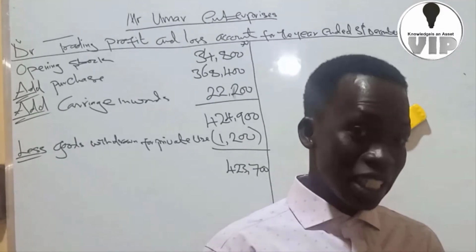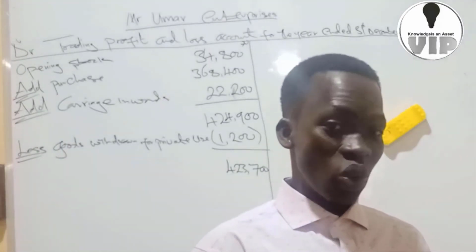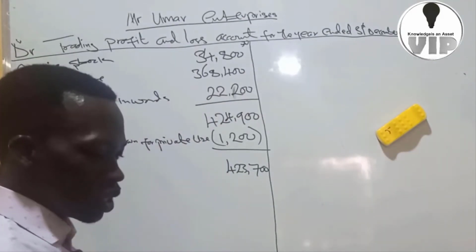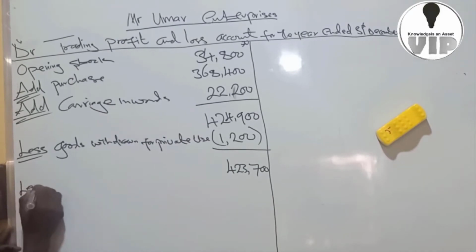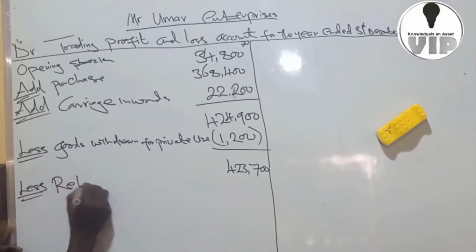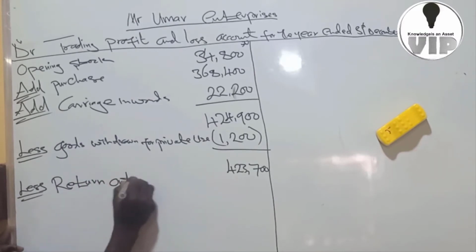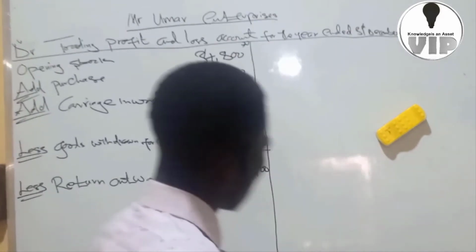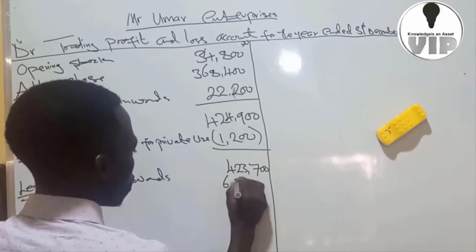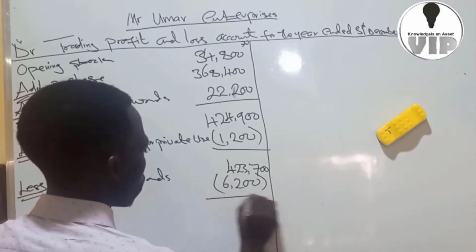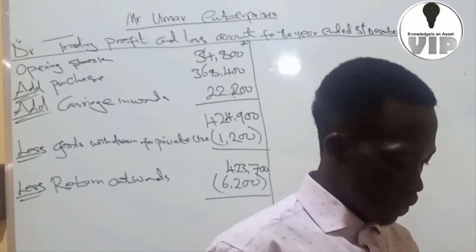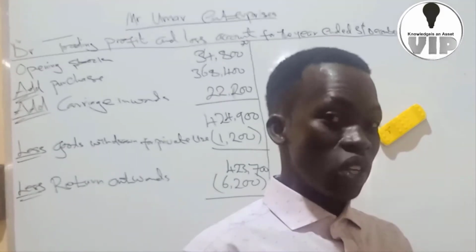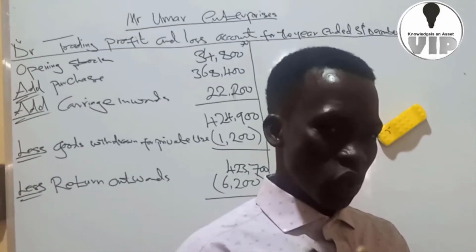That is why we are lessing these goods return to our suppliers, because we want to know what we actually have. So now we are going to say less return outward, which is 6,200. Return outward is how much? Return outward is 6,200. The value is cost of goods available for sale. After we less our return outward, we are going to get cost of goods available for sale,